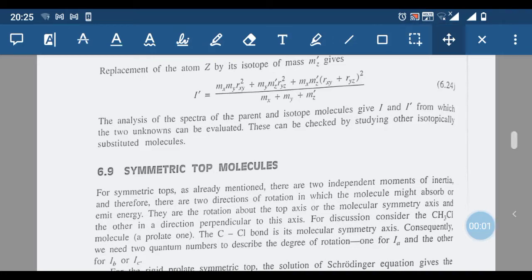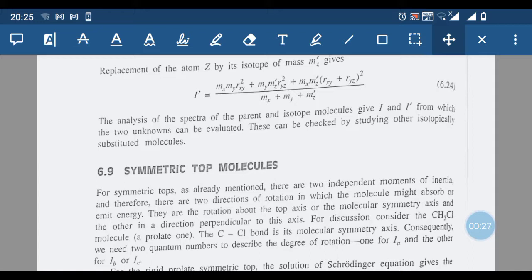Dear students, today we are going to discuss the symmetric top molecule, the microwave spectra or the rotational spectrum of symmetric top molecules. In the last class we discussed the rotational spectrum of a non-rigid rotator. Now in the case of symmetric top molecules, we have two independent moments of inertia, and one is the moment